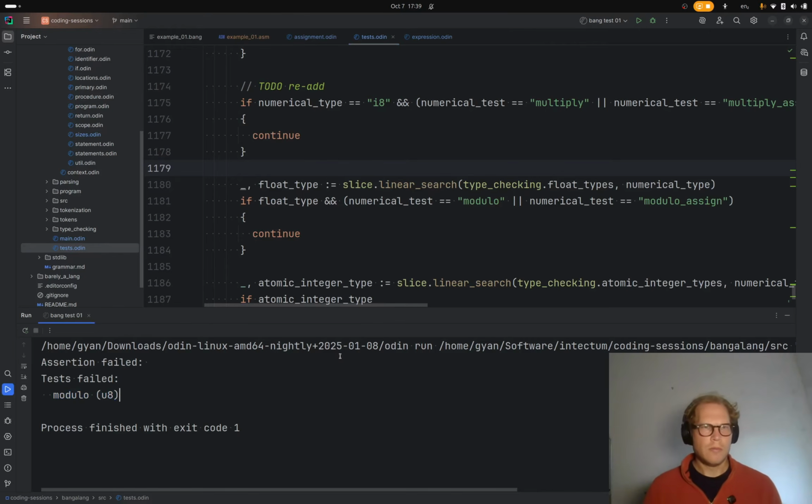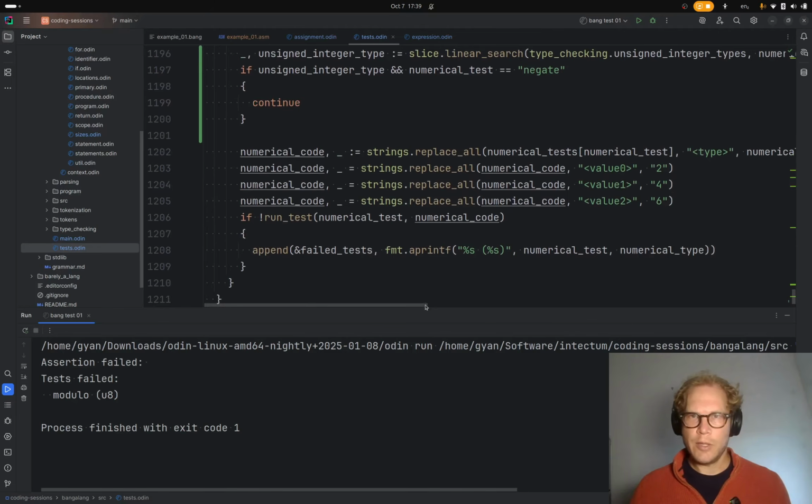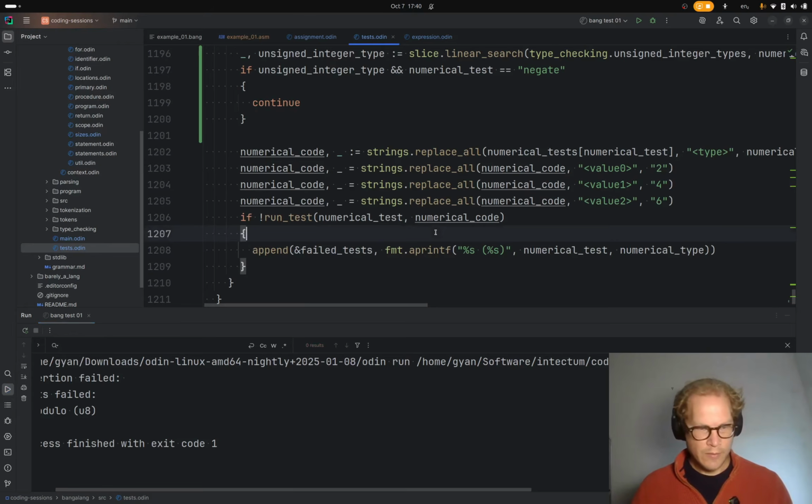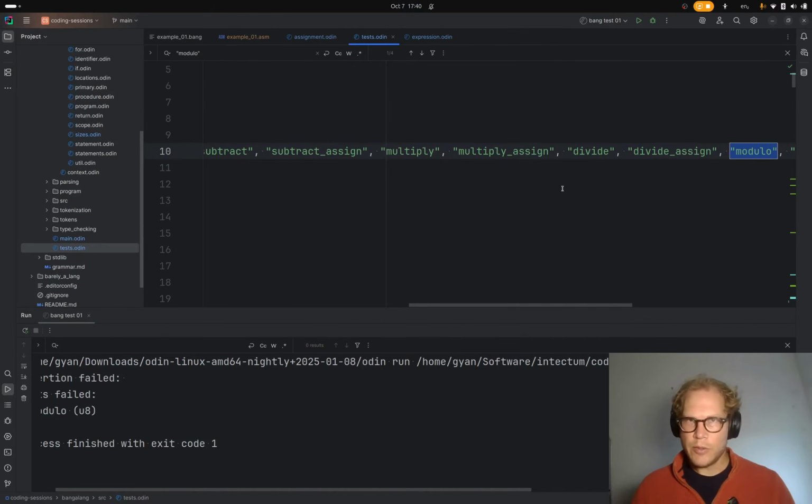But does that mean, modulo assign did work. So what are the values that we put in here? It's like 246. And modulo,